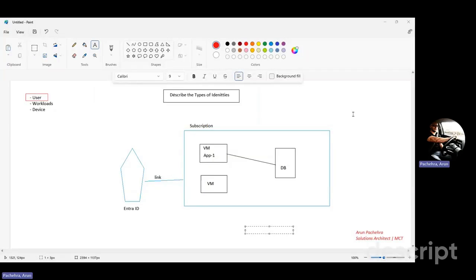In continuation to the previous video where we talked about the different types of identities, today we are going to